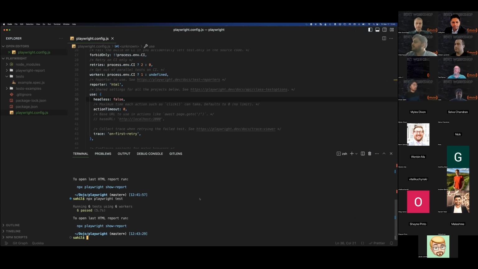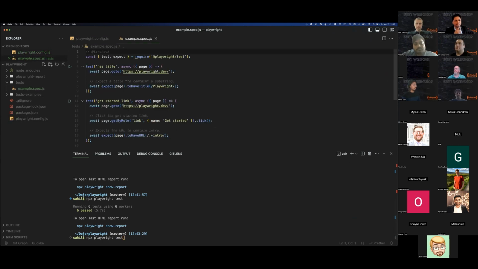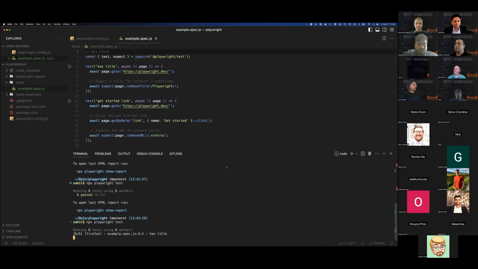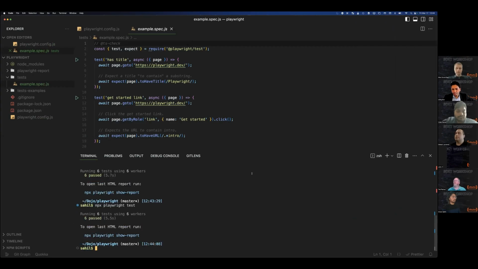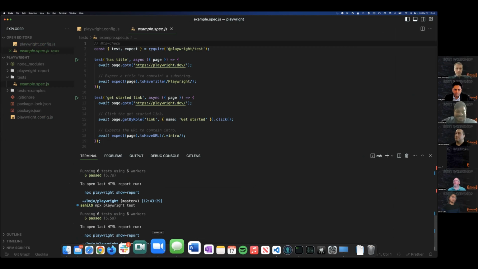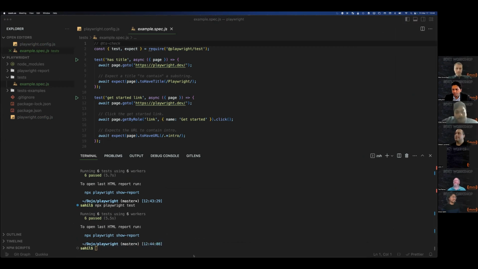And after you have installed the directory to your local, run npx playwright test, which will run the test they provided to us under the test folder, example.spec.js. So let's run that right now and see it in action. It's running 6 different tests. It happened really fast. You guys saw it in action, right? All right, and all 6 tests passed.